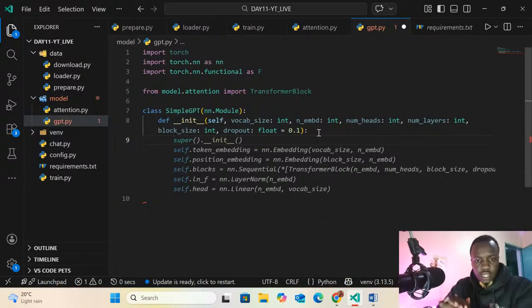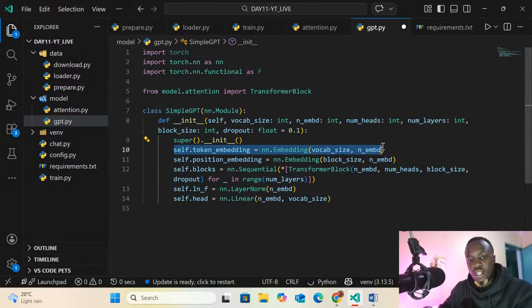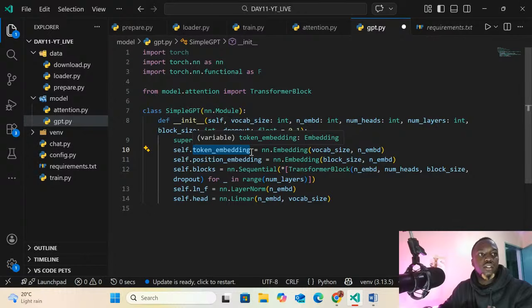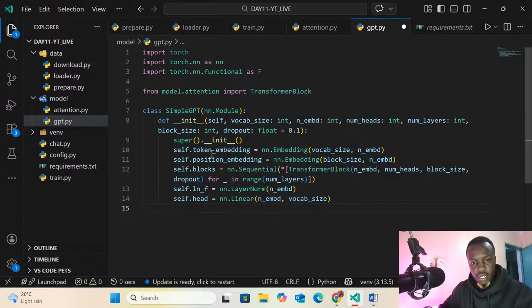So I can either decide to go with autocomplete or type. So let me just autocomplete, and then we are going to explain whatever it's doing. So we are going to define a super method right here, in which, remember this self here, that we are going to pass right here. Self dot token embedding, self dot token embedding right here.